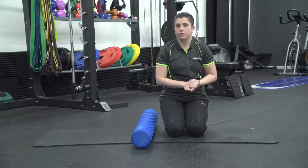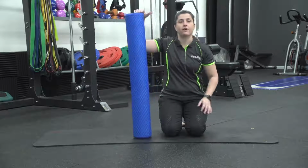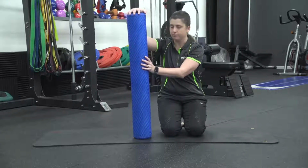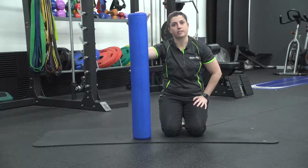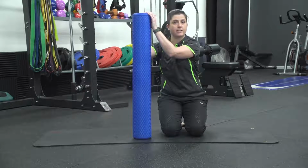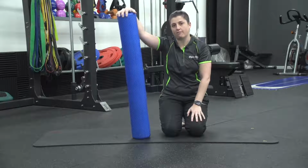Deegan. What I wanted to do with this program today is to get some better utilisation of our foam rollers at home. It does a much better job than just collecting dust for you all. I prefer the 90cm ones, and all the exercises today will be on the 90cm one. The reason I like the 90cm ones instead of the shorter 30cm ones is because there's more functionality that you